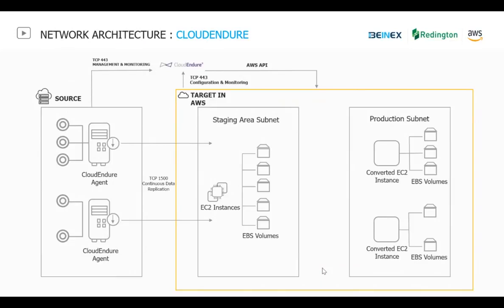So once the agent is installed and once you have the connectivity to console.cloudendure.com, you can create a staging area that you can define in the blueprint itself. Staging area simply means these are temporary resources. This includes your replication server, and it includes your volumes, because volumes will be replicated from source to AWS. So it creates a lot of snapshots, right? So your data can be captured for different time frames.